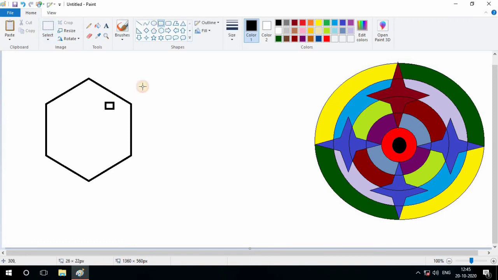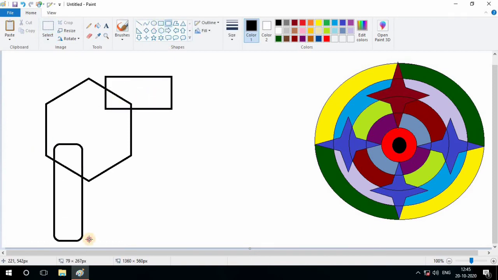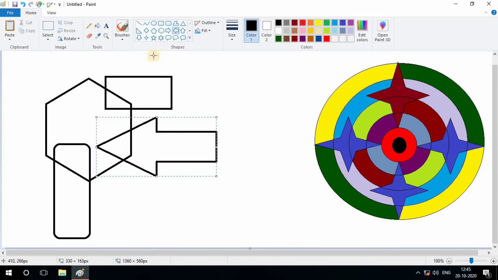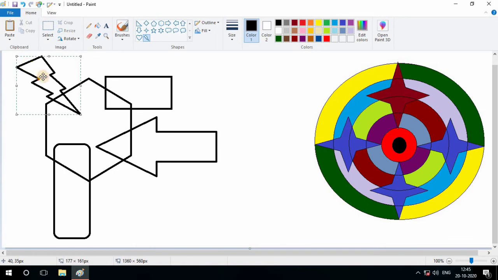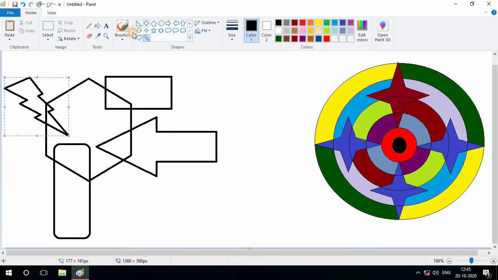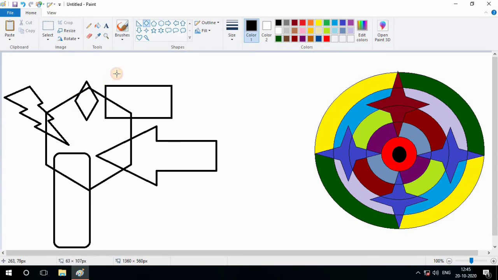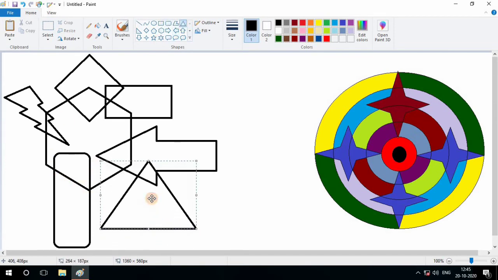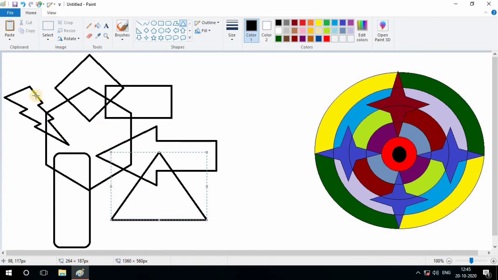Now see, choose the different shapes here and draw anything that you want to draw. Yes, choose anything and draw it. You can take any picture and make anything, and it looks nice if you draw any shape like that. And choose the color. The triangle shape is also here, so take the triangle shape and draw it here. Yes, now fill the color.